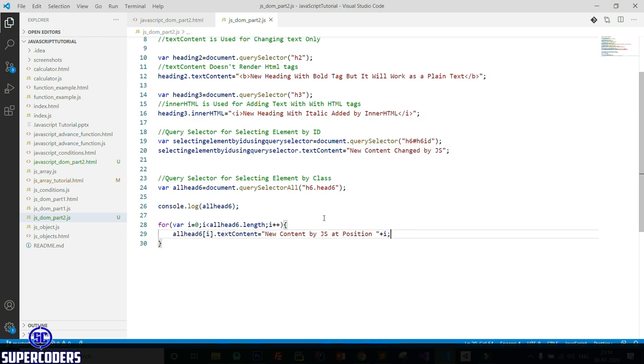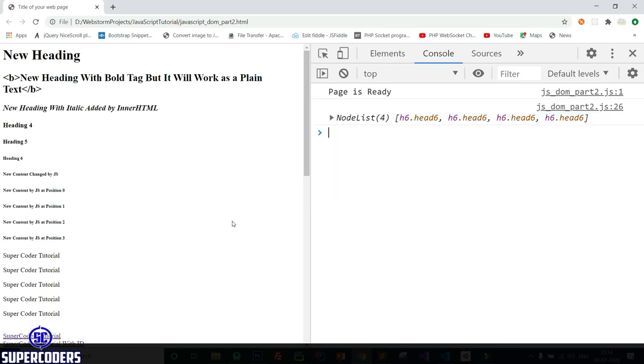Now let's refresh this page again, and you can see new content by JS at position 0, 1, 2, 3. So this is working also.